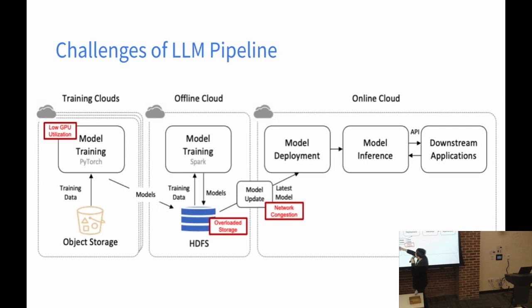On the other side, for the offline cloud, they are doing something like model training on Spark. Because they may have thousands of nodes reading the same file at the same time, they may overload the storage. We got a lot of complaints from the HDFS team because HDFS is not designed for this kind of traffic.